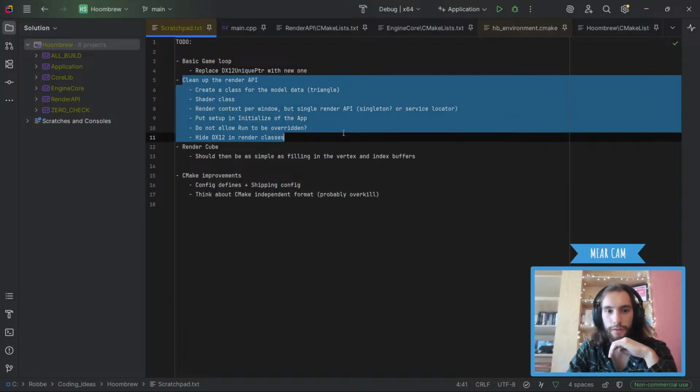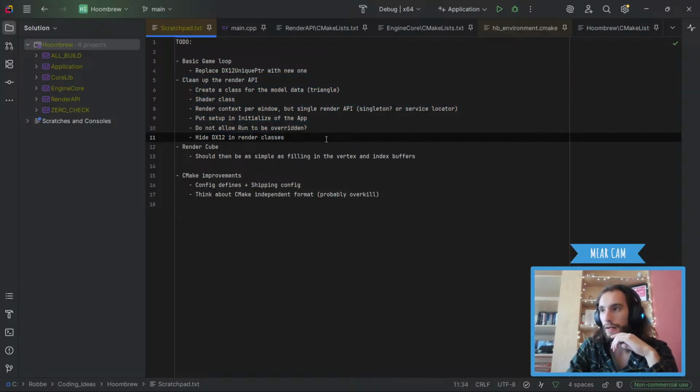But we're gonna focus on the render API again. Gonna just start from scratch. Well, we're gonna make a class, a structure to hold our model data. Currently, we're just gonna specify it manually, but later on we can just load in files if we want to. But for now, we're gonna specify it manually, and then from there we're gonna see, hey, okay, so data, what does it need?